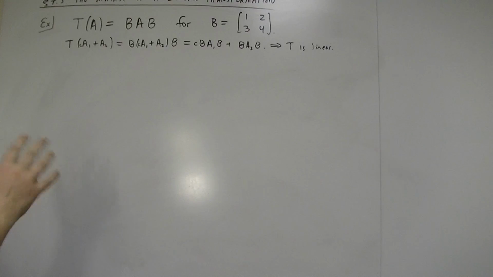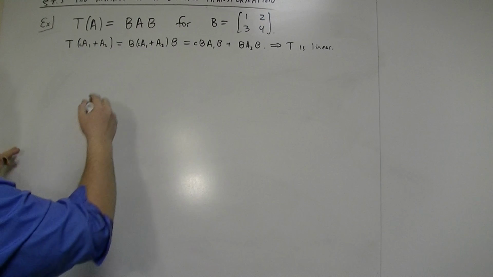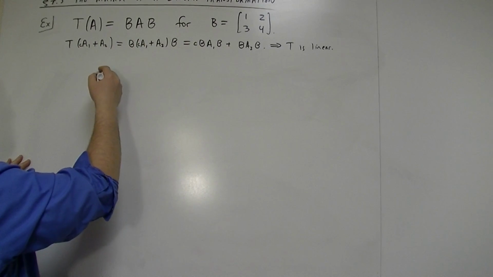So, you might worry it's nonlinear because there's a B and a B, but the B and the B don't appear as the argument of the transformation. They're just part of the formula. It's okay. All right, so the question then is, what would the matrix of this be if I look at